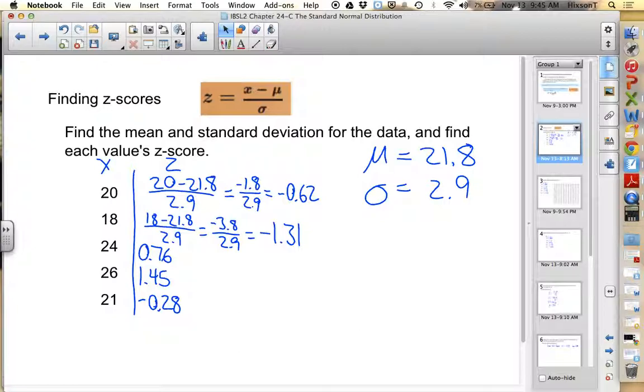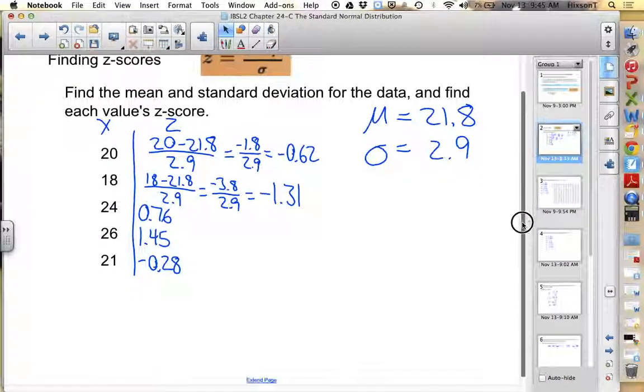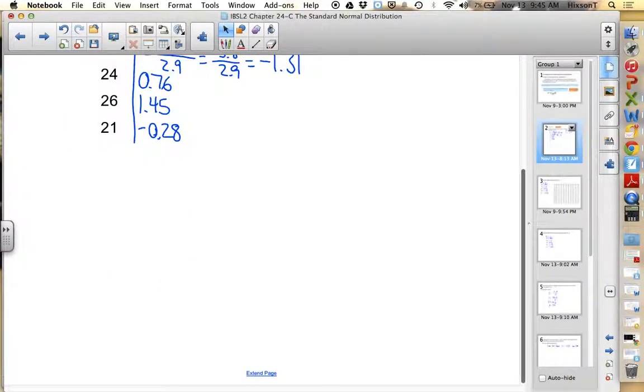So, does everyone understand how to get the z score? No questions on that? All right. Now, one thing we can do with this, okay,